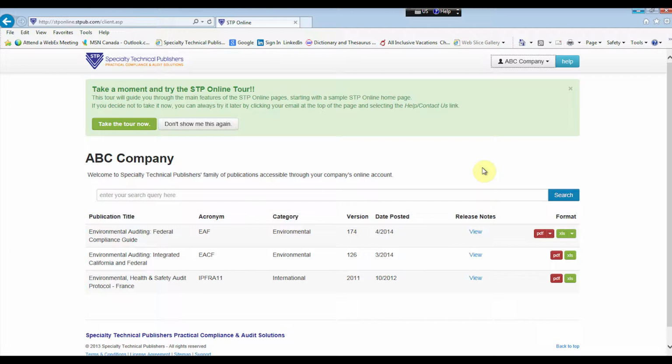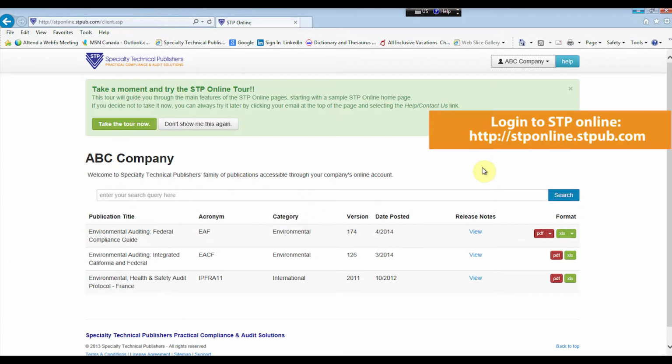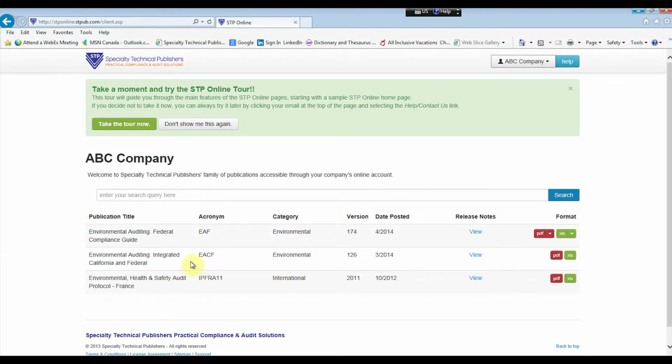Today we are going to look at the basics of the STP content in a PDF format. To gain access to the content, go to the STP login site and log in. This will open your home publication page as shown here. Looking today at the Environmental Auditing Federal Compliance Guide,